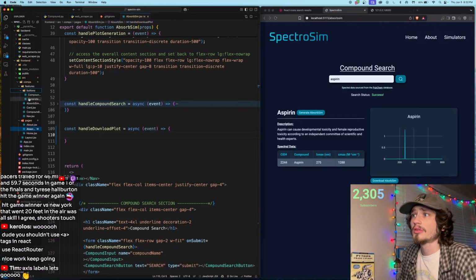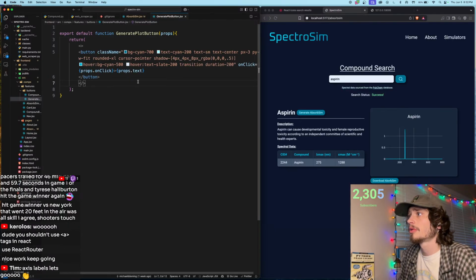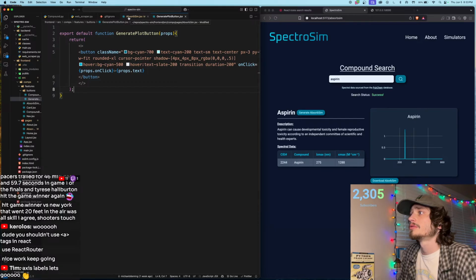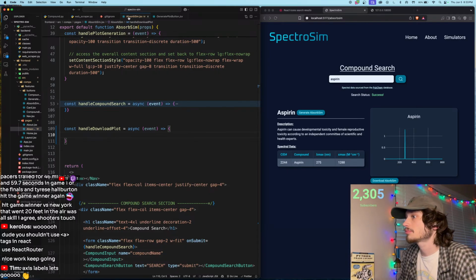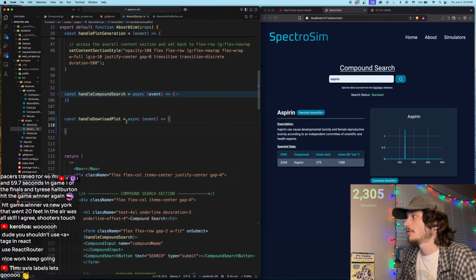Okay, so let's go to my buttons, generate plot button. Let's put props onClick. Good, we have that. So then I go, oh, that's generate. No, I want to, well, I'm calling the same thing. That's the same button that's being used. So